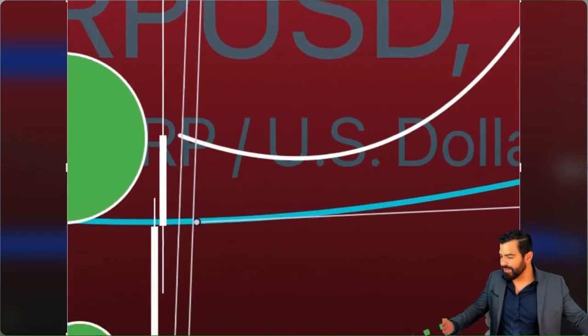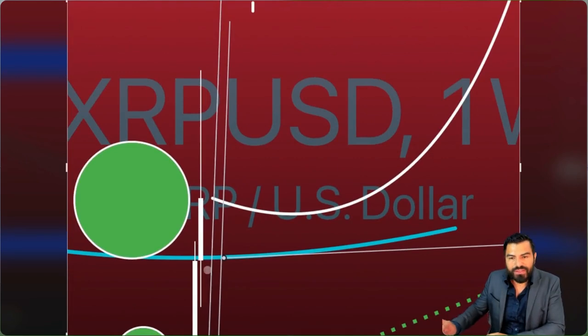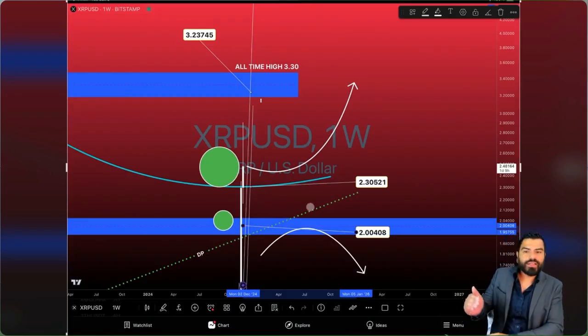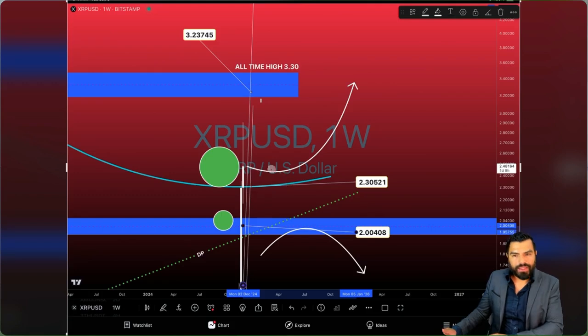If we're not able to close above here and we get slammed all the way back down to $2.30, I'm going to be primarily expecting us to still get stuck in this area for a little bit of time, or for this to be the area where we come down on a curve. I don't think that's going to be the case. I think we're going to get the close above here, but I can't predict it.